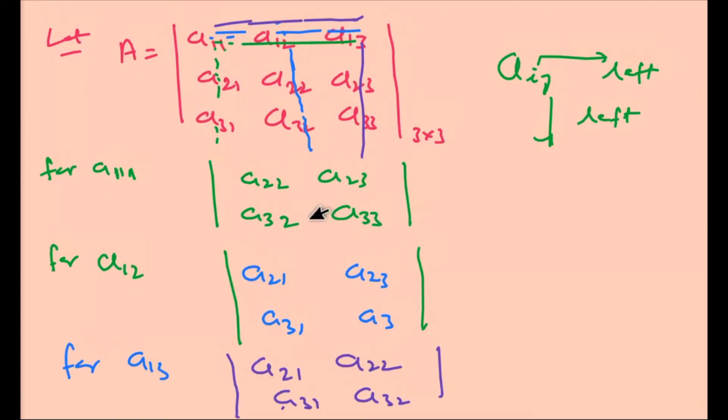What is the meaning of Aij? If you want to find the value of A31, first you have to leave the third row and first column, then what you got out, you have to write here, and what we left right here, this is known as